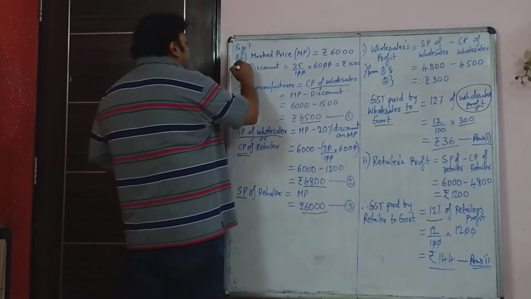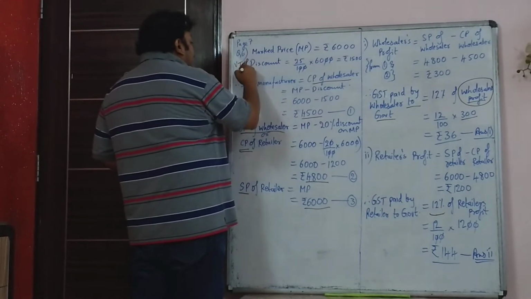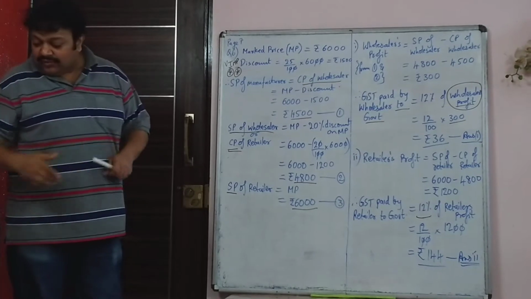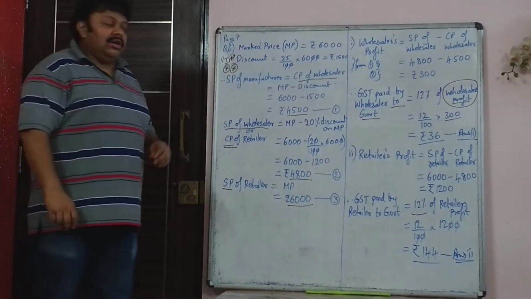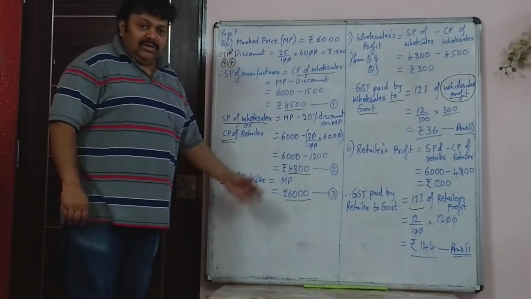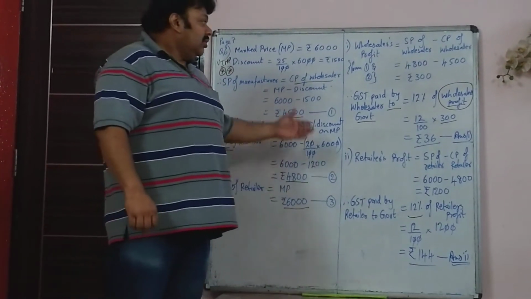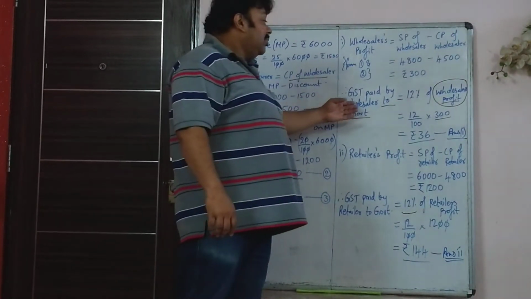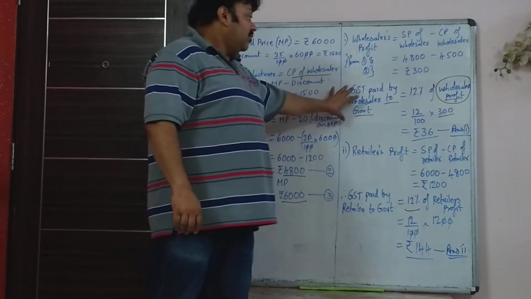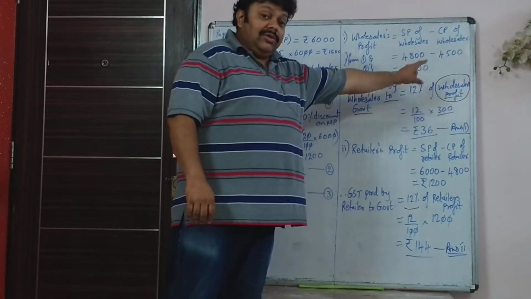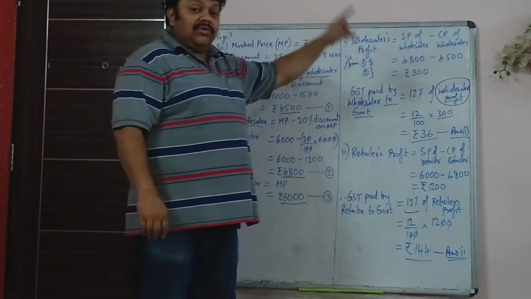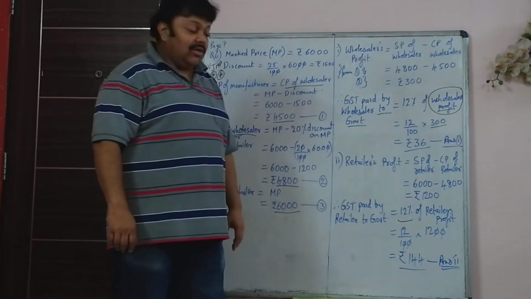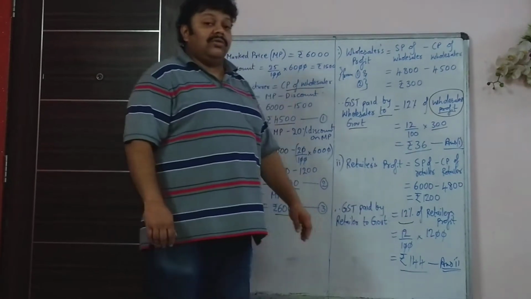Mark this sum is very important because this is not a tough sum, it is simple and it is based on what generally this sort of questions are asked in the boards. Earlier this chapter was called VAT and similar sums were there in VAT. So this is a very simple sum. In each stage, if they ask you what is the GST paid by wholesaler, then you will have to find wholesaler's profit. GST will be paid to the government based on his profit. Retailer, how much profit he got, on that he will pay GST to government.